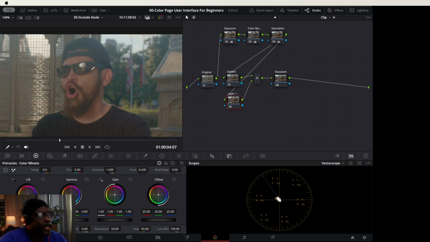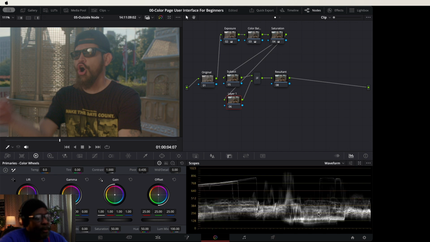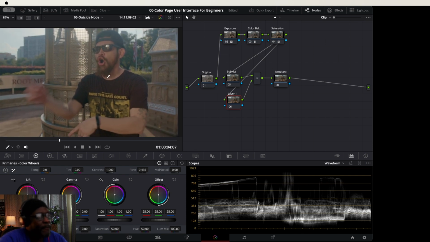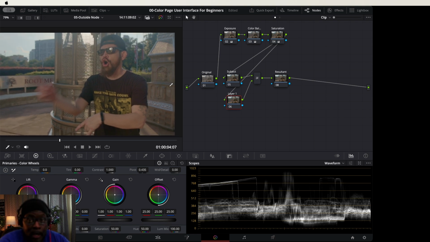All right. Let's pull back a little bit here. So we've got a nice little beginning to our grade here. Okay, I'm gonna put it back on waveform to make sure we're not clipping on the top and bottoms. And again, we're good. So now, for all of my Photoshop aficionados, this right here is how you replace that Photoshop. Or at least replace that bill from Photoshop. But anyway, okay, so now,